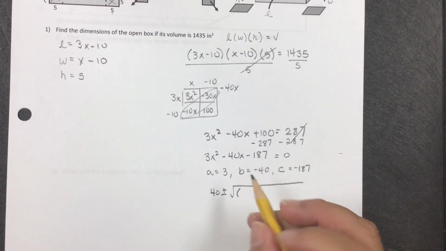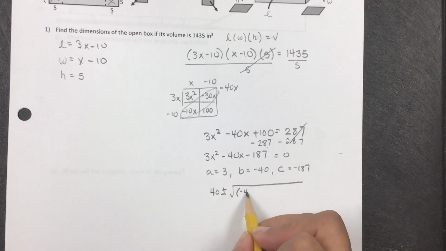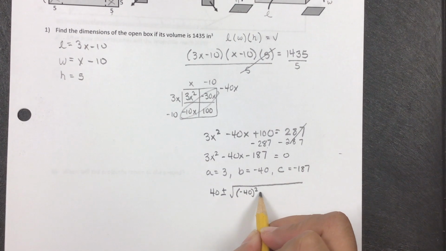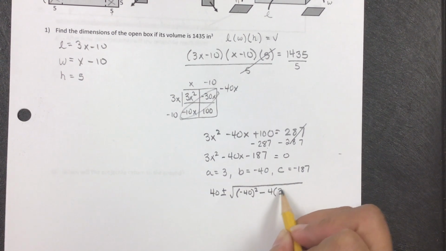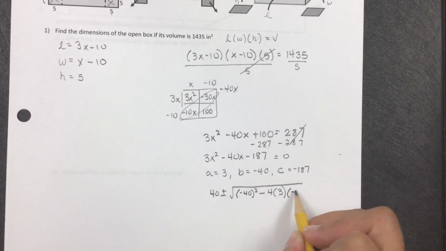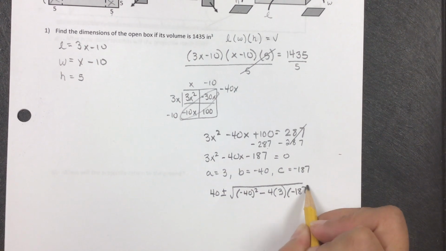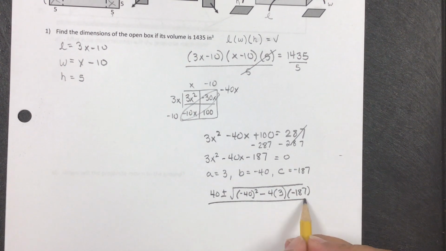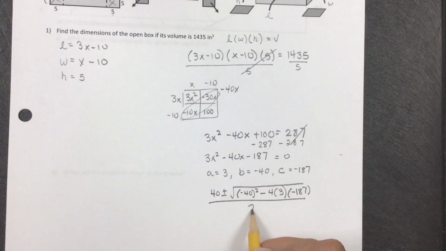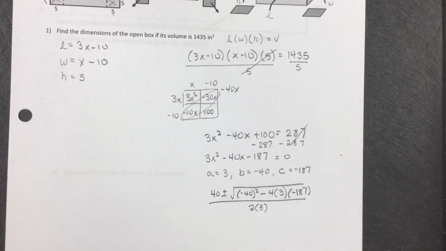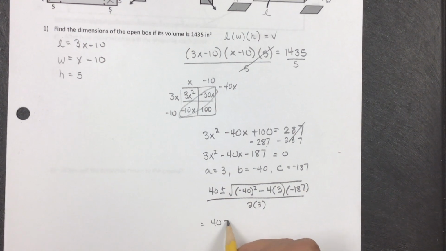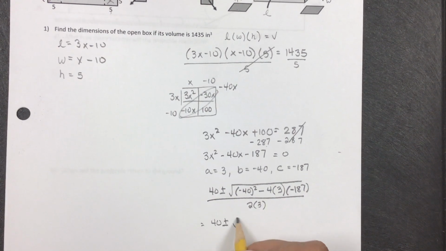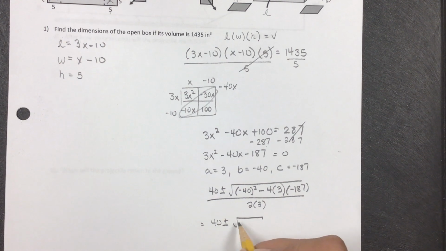And I put it in parentheses because it's negative 40 that is squared, minus 4 times 3, because that's my a, and then c is the negative 187. All divided by 2a, which I'm just going to plug in. 40 plus or minus the square root. And when I put it in the calculator, I got